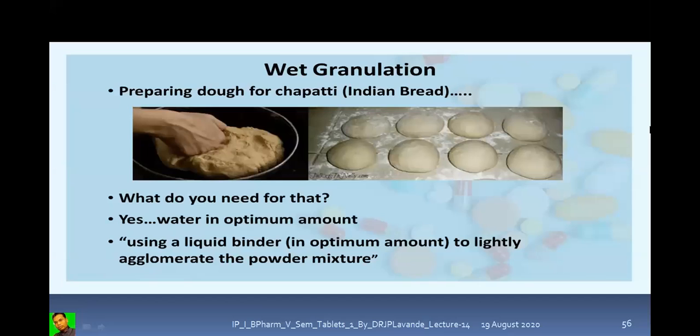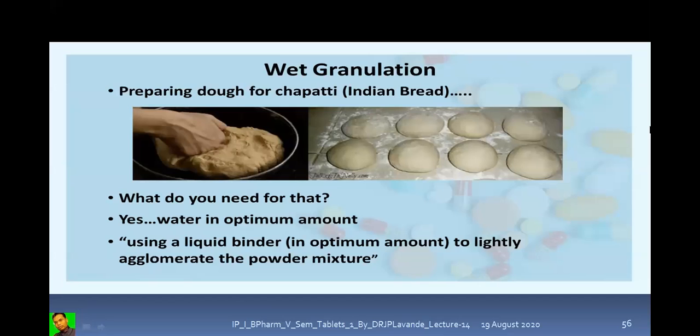For the preparation of chapatis, from the powder we form the dough, then form the small balls, then go on flattening them in order to produce the chapati. Then, if it is the puri, we have to go for frying, or if it is the chapati, we have to go for roasting it. So yes, very correct. What we require is water.